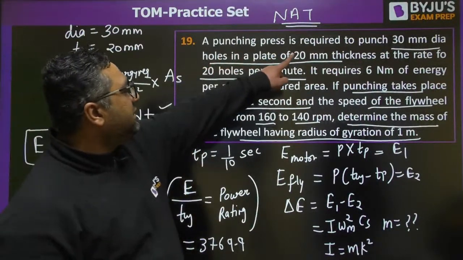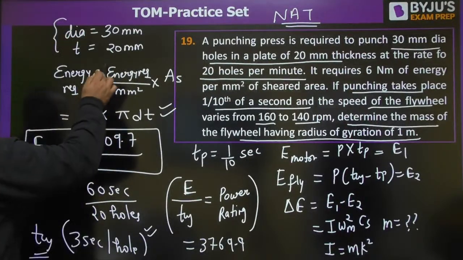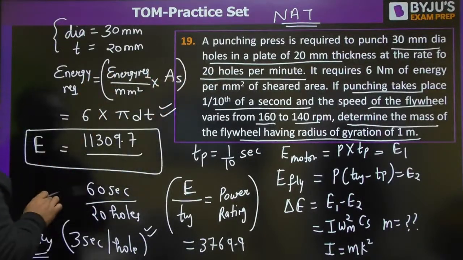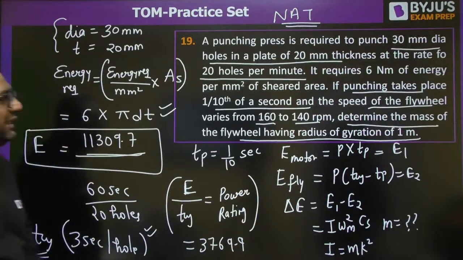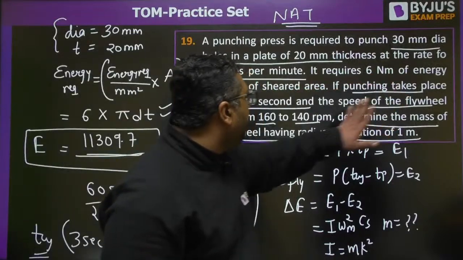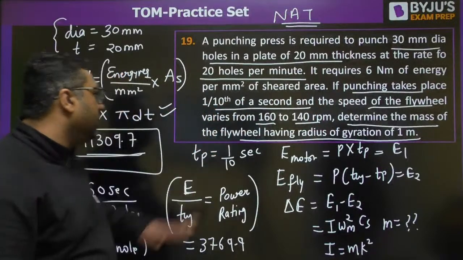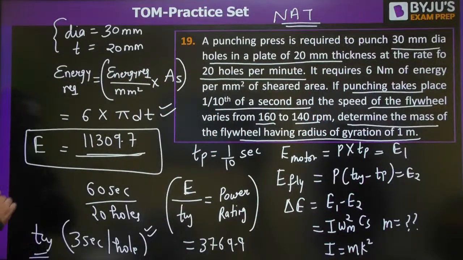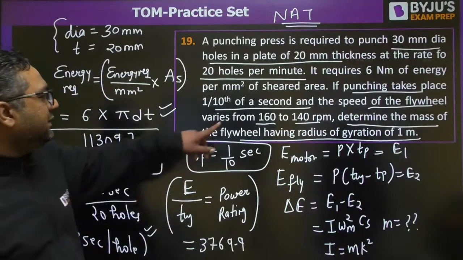A punching press is to be punched. You can see first of all dia and T are given to you. So you would be finding out energy by the similar formula. This would be the energy you will be getting. Now he is saying it requires 6 Newton meter of energy per mm square sheared area if punching takes place in 1/10 of a second. So they are giving the punching time to be 1/10 of the second. And they are saying that